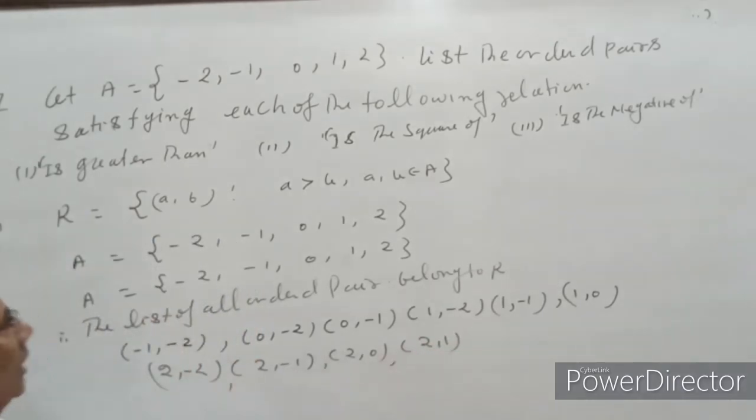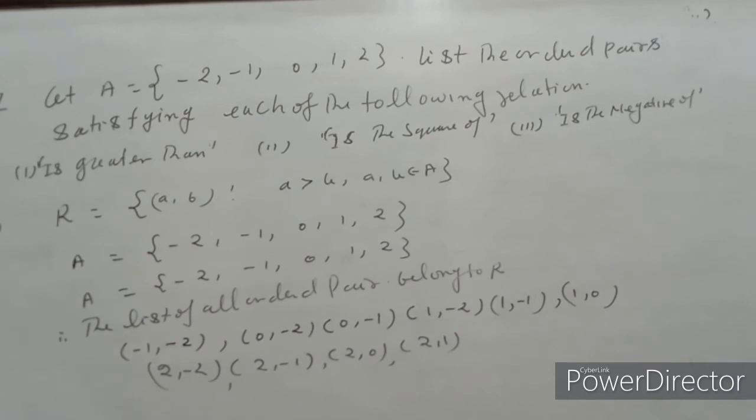So therefore this is the list of all ordered pairs which satisfy the given relation. ठीक है।